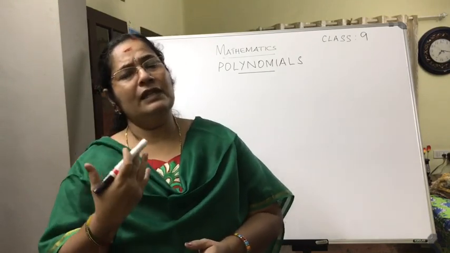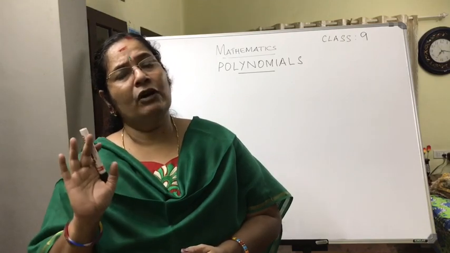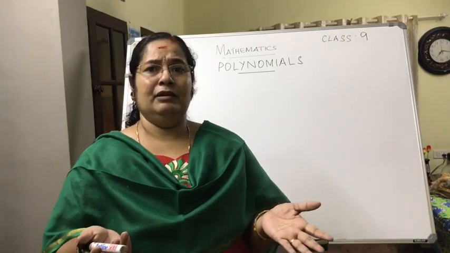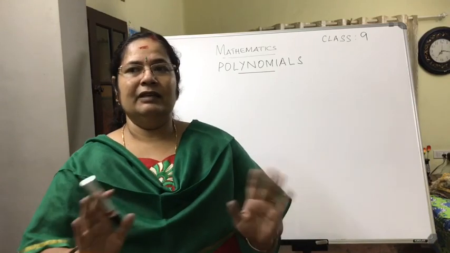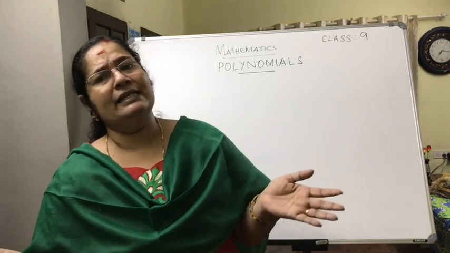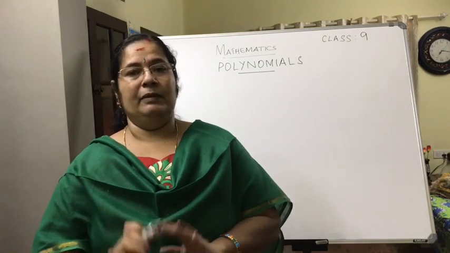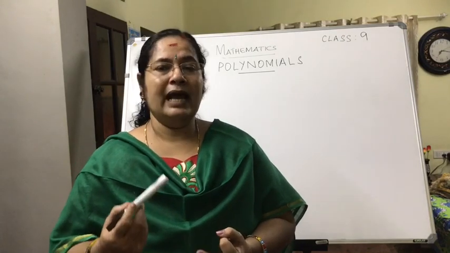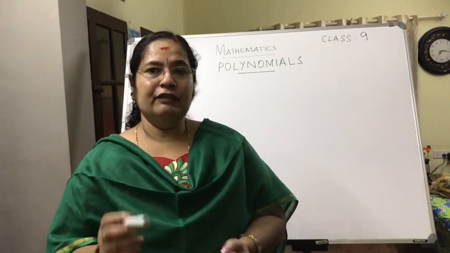So you can use any letter and we call it a variable. Normally what we use is x, y, z, a, b and so on. I think we limit ourselves to these variables, but you can use any letter and we call it a variable. So letters, that is variables, numbers and mathematical operations together form expressions.